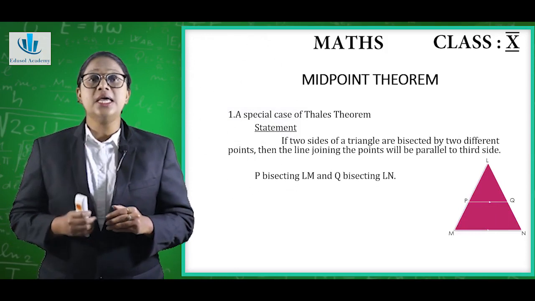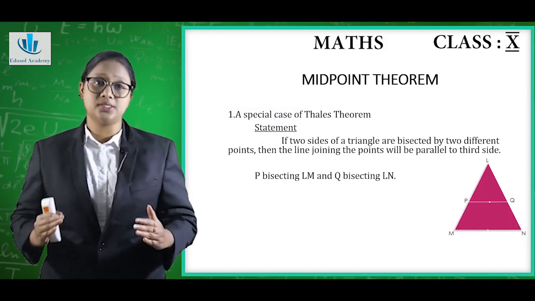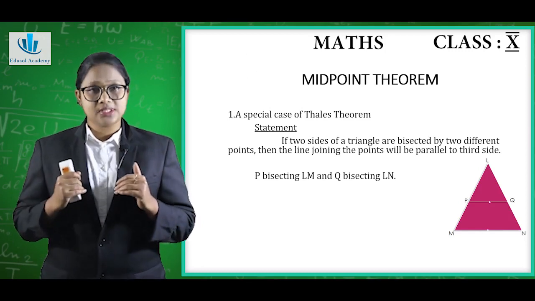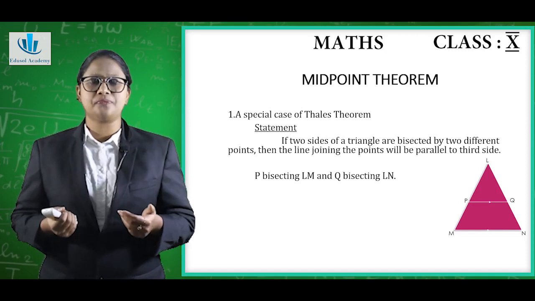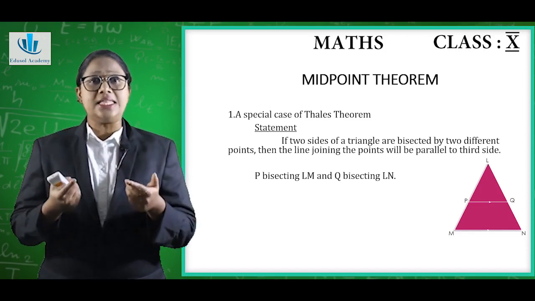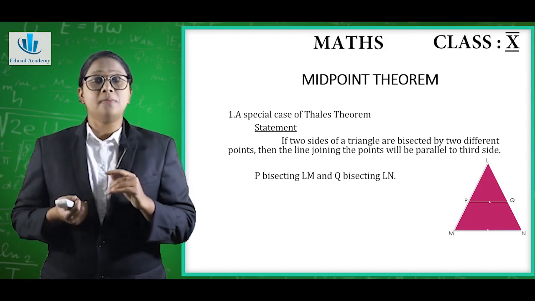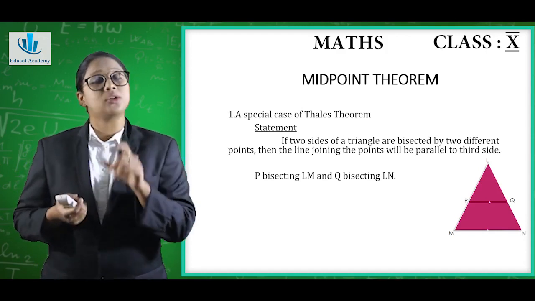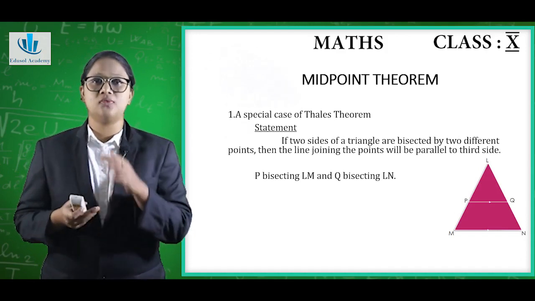Which means that if the line is joining two midpoints of any two sides of a triangle, then the ratio of the division will be 1:1 by default. If that's the case, then the line will not only be parallel to the third side, but it will be half the length of the third side. Not so clear, right? But we will illustrate it with a picture.